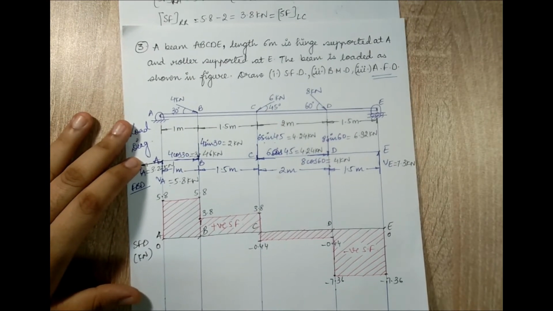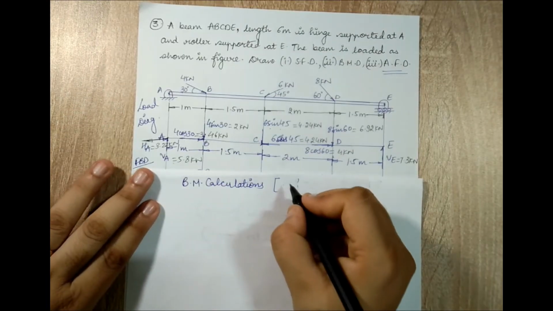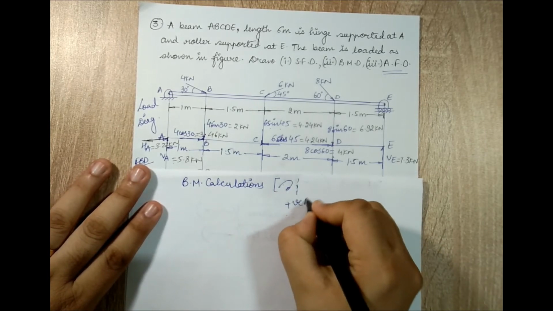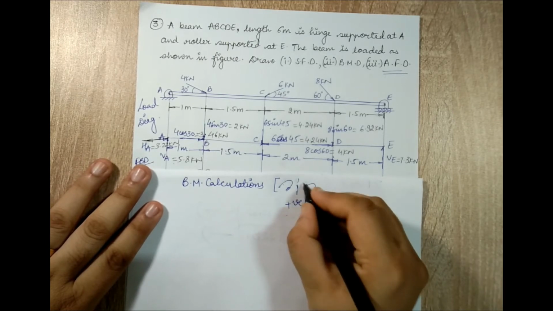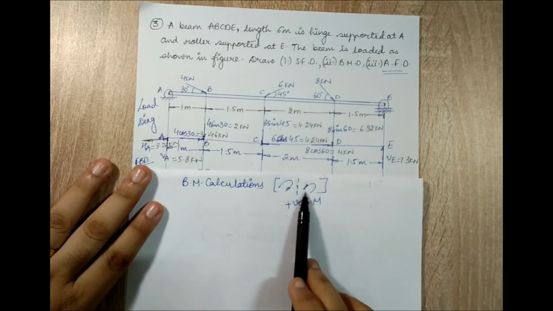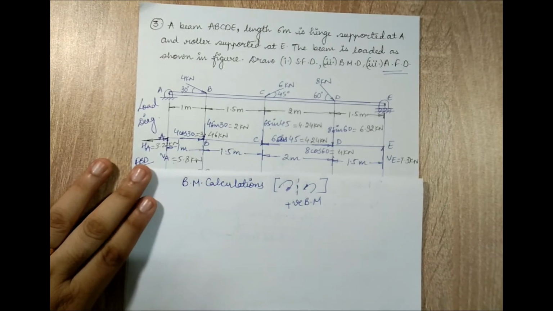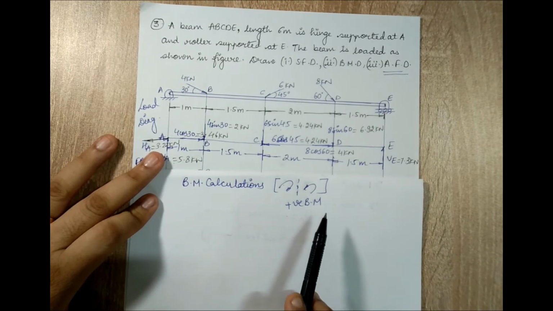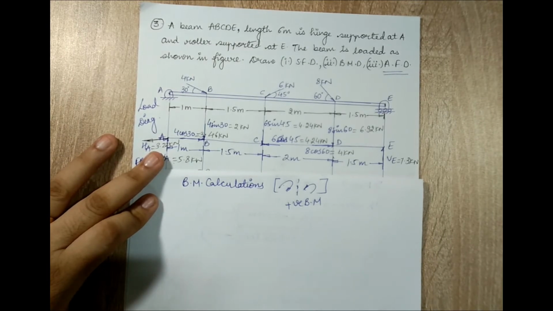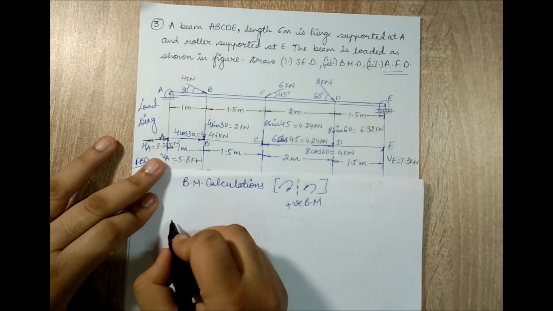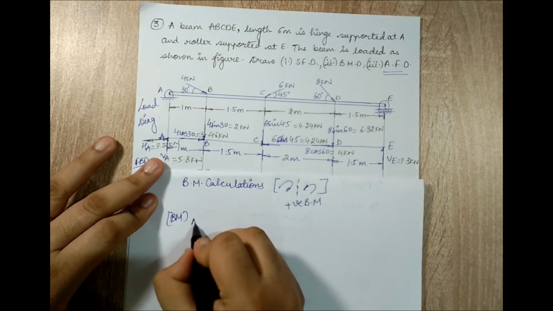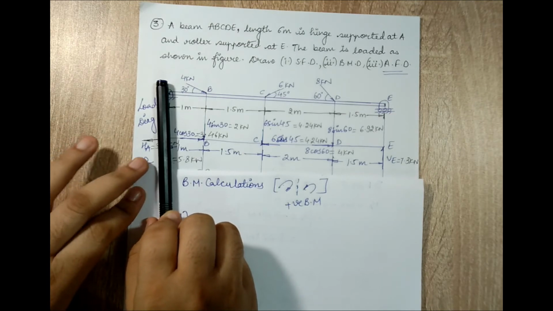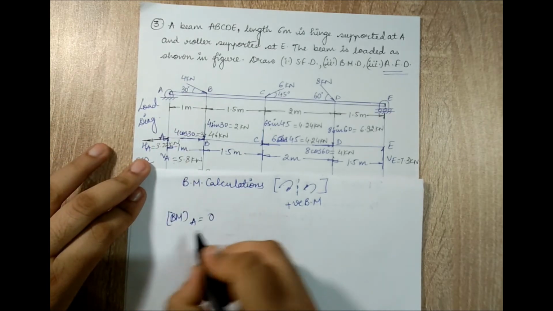Next I'll go for bending moment calculations. To the left of section I see any moment going clockwise, I will consider it as positive bending moment, and this sign convention is to be used when you go from right to left on the beam. On any point on the beam I cannot see a bending moment, so there will be a bending moment calculation only once on every point. I'll start with A. Bending moment at A will be 0 because when I stand at A and I look to the left there is no force turning, so this is 0.